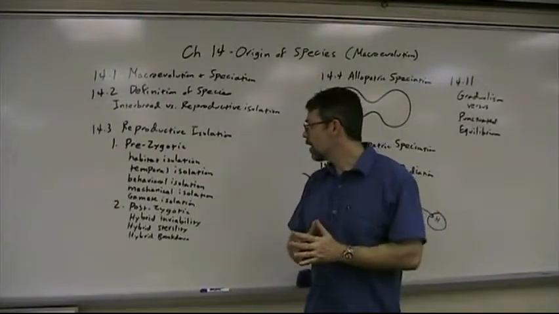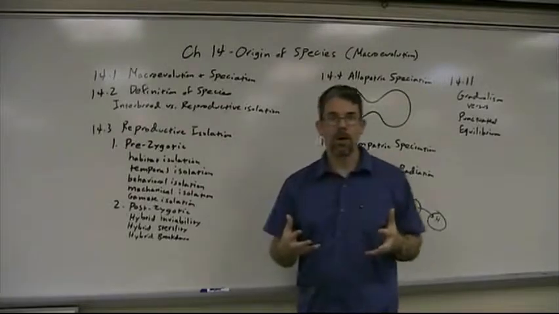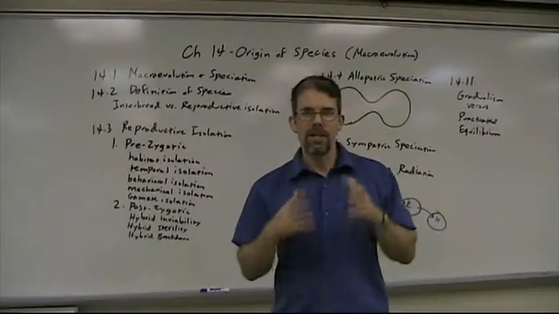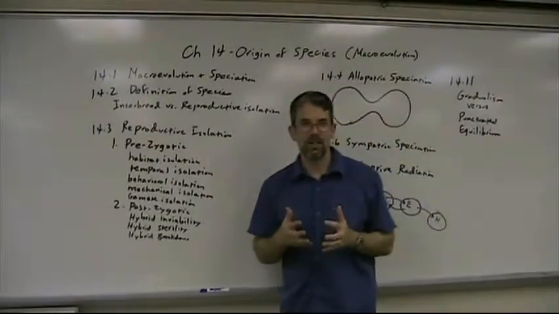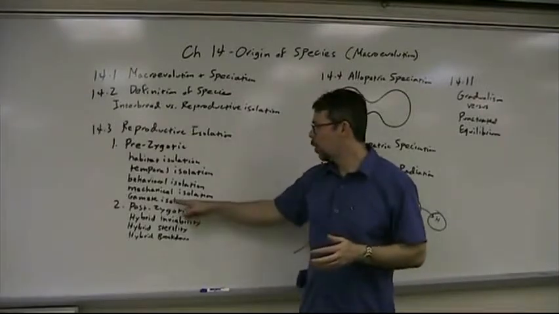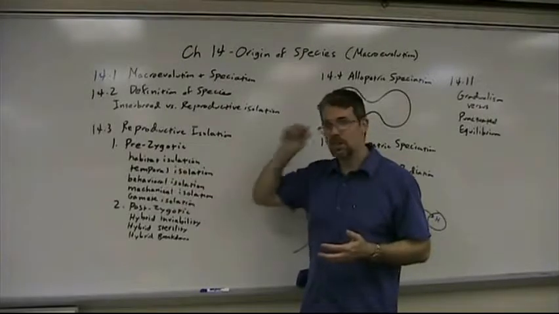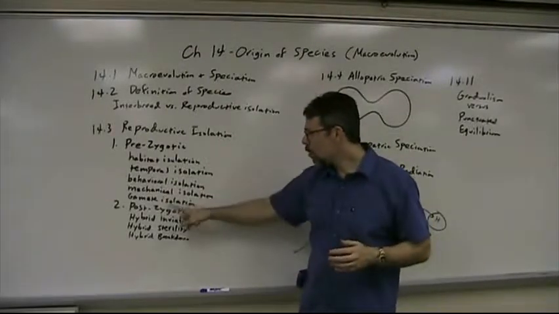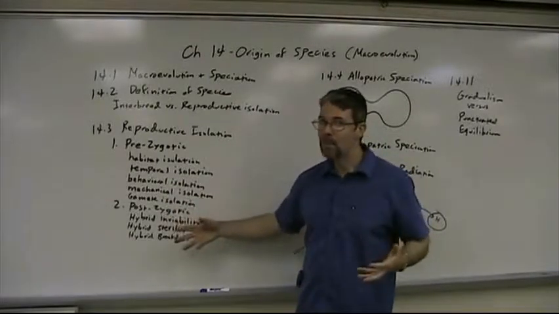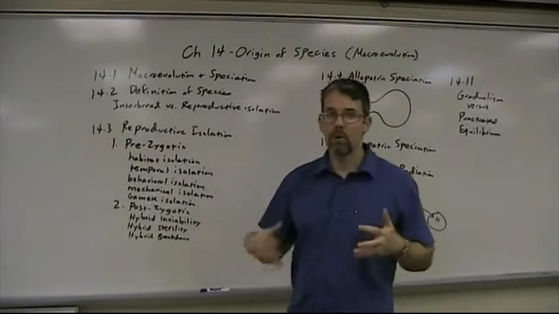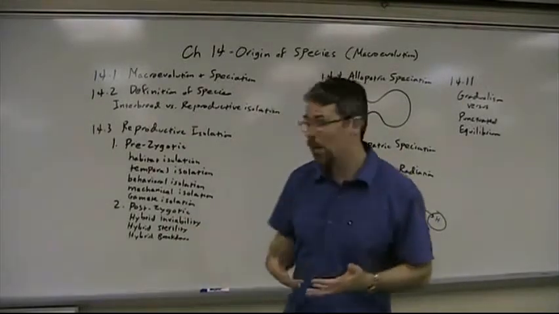And gamete isolation, even if the gametes, the eggs and sperm, were in the same place at the same time, they simply don't fertilize because they don't recognize each other on the cellular level. This is important for species that spawn in water. Now, I'll give you examples in your notes and in your book. You need to look at them as well. With postzygotic, the hybrid is not successful with breeding with other hybrids or with either parent species.